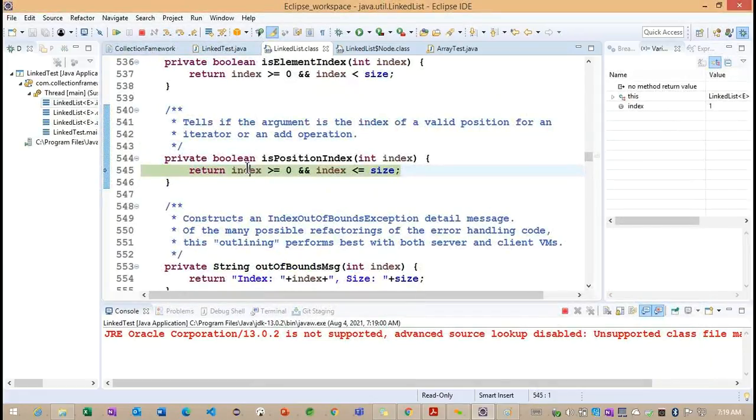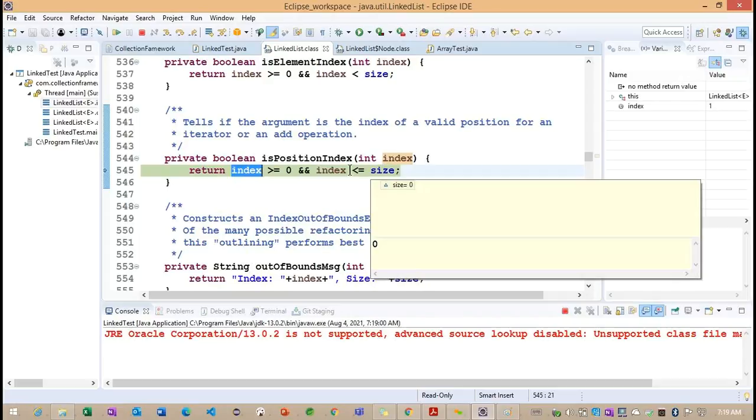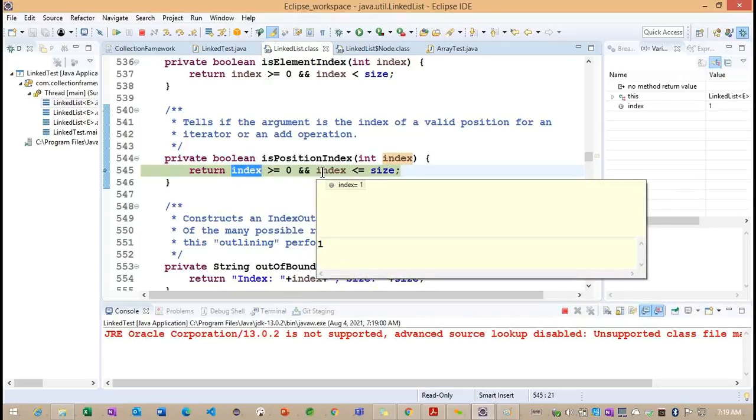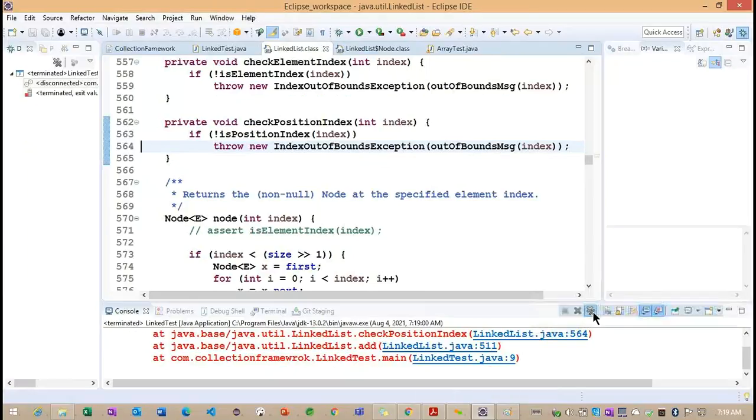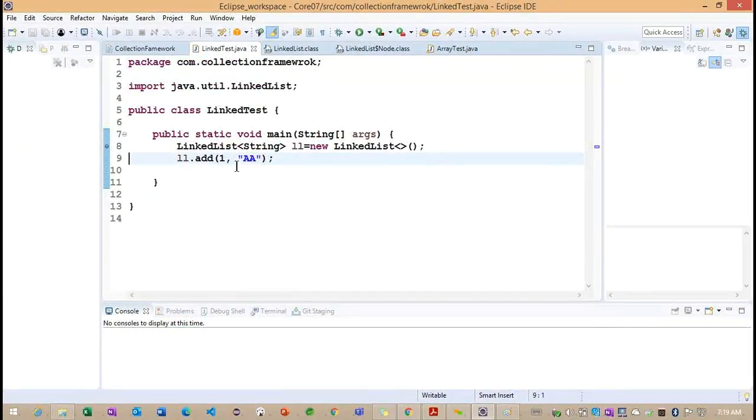So we'll understand here. Index greater than or equal to 0 will be satisfied. But what is the size we have? Size 0, and the index we have is 1. So initially also we cannot go with 1 here. We can directly insert at 0; from the 0 index onwards only we can start. This is a restriction we need to understand, because there is no default capacity in the linked list.